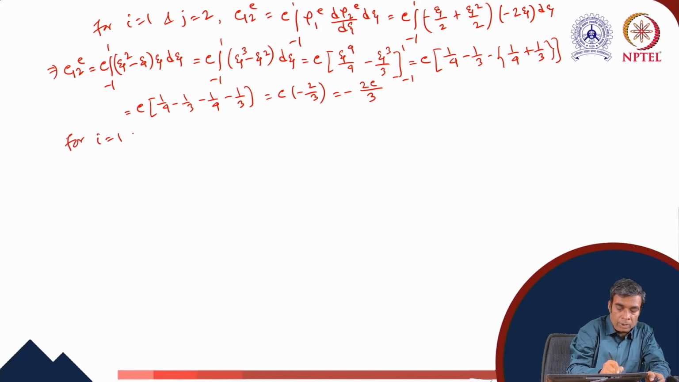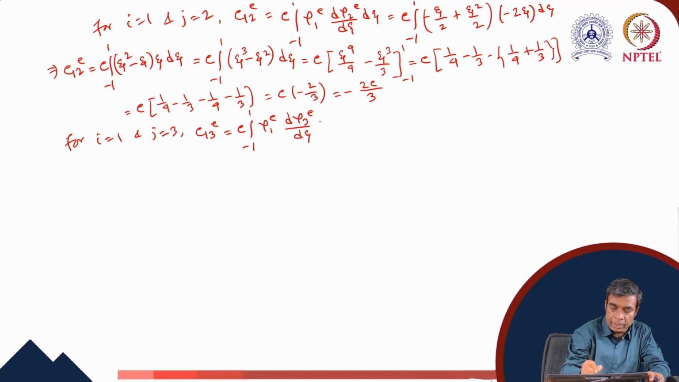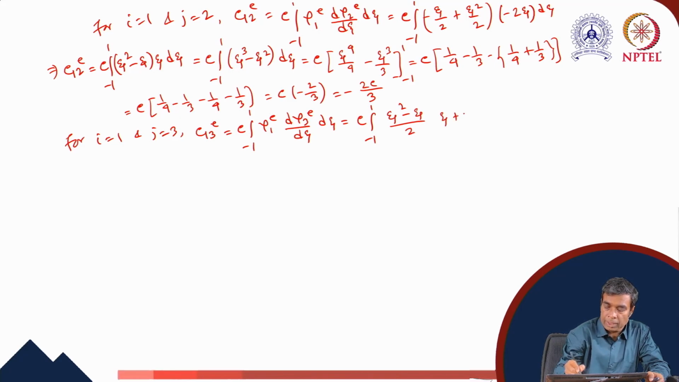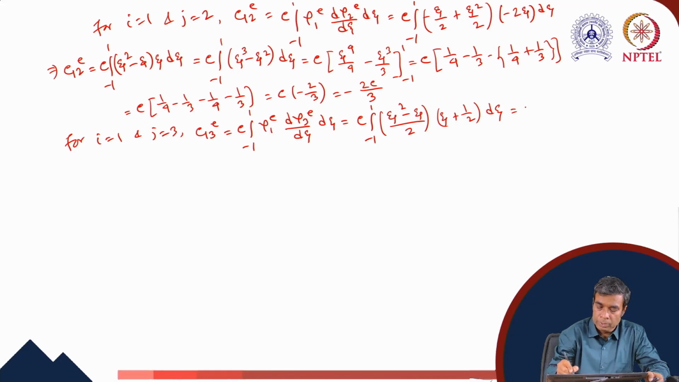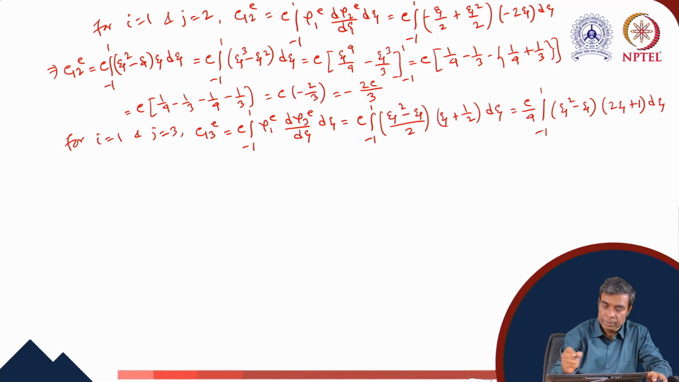For i equals 1 and j equals 3, we get C13e equals c into integration from -1 to 1 of psi 1e d psi 3e d xi, equals c into integration from -1 to 1 of (xi square minus xi) by 2 into (xi plus half) d xi, equals c by 4 integration from -1 to 1 of (xi square minus xi) into (2 xi plus 1) d xi, equals